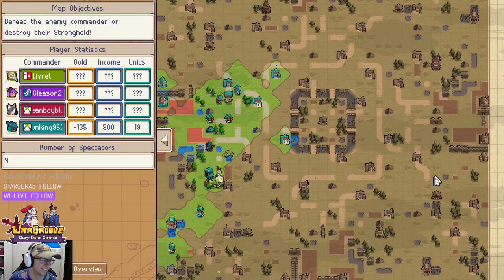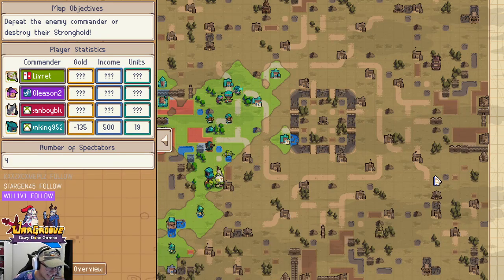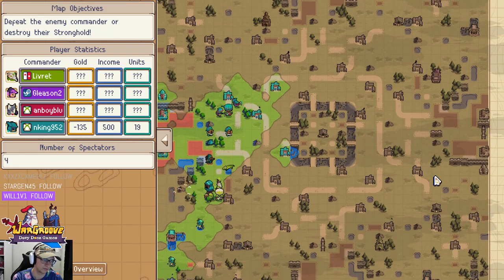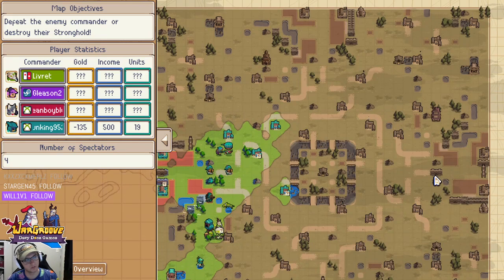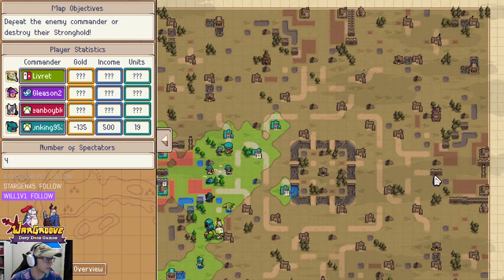Punking is attacking right now. Oh no. Liver, how about this? You take out Punking and I will back off for 2 turns. The refugees can go to this new area of Punking's territory that we've carved off. This section will be used for farming gold. This section will be used...